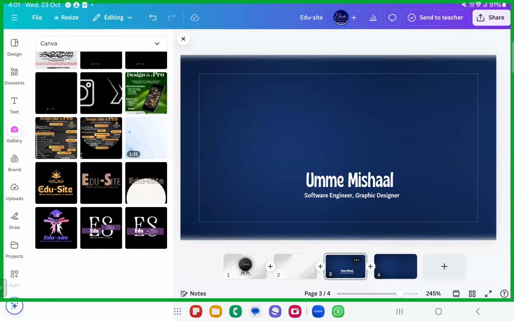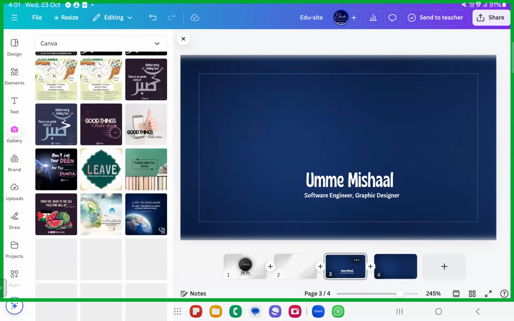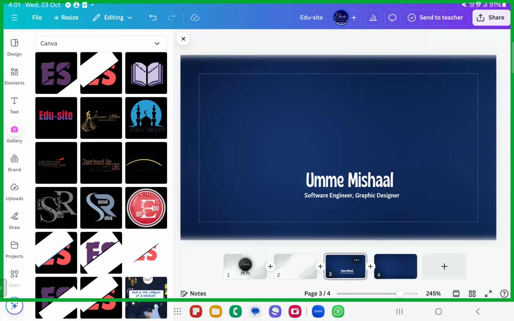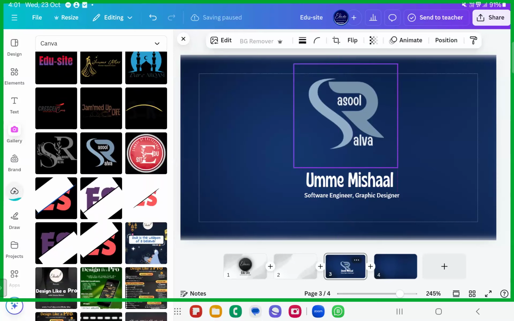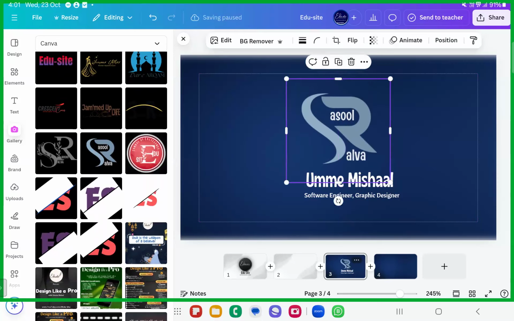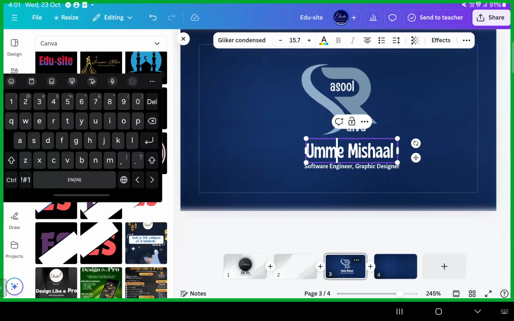We'll see if they are present. If not, that's fine. One student name, I'll just add it to the page. You can even write the student name here instead of this. We'll change it to the student name.